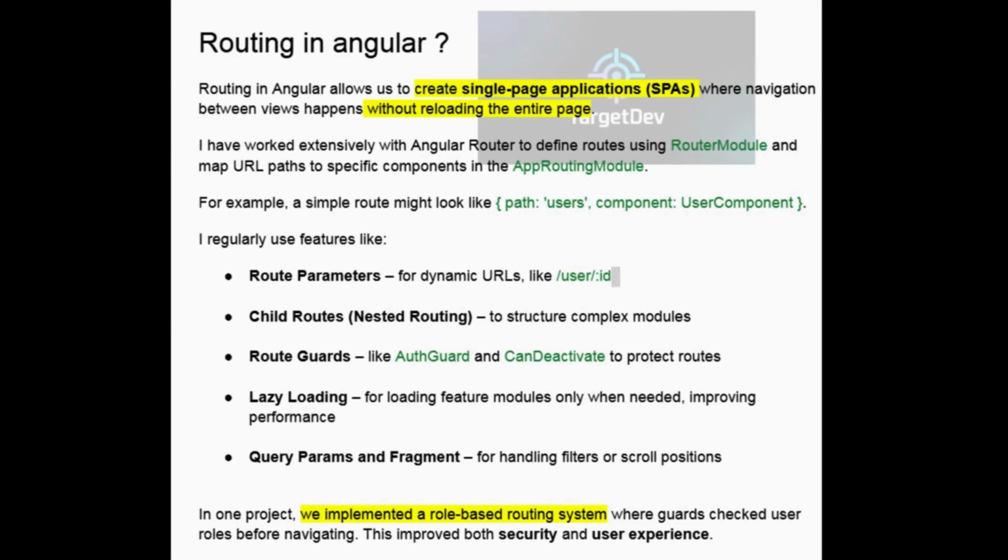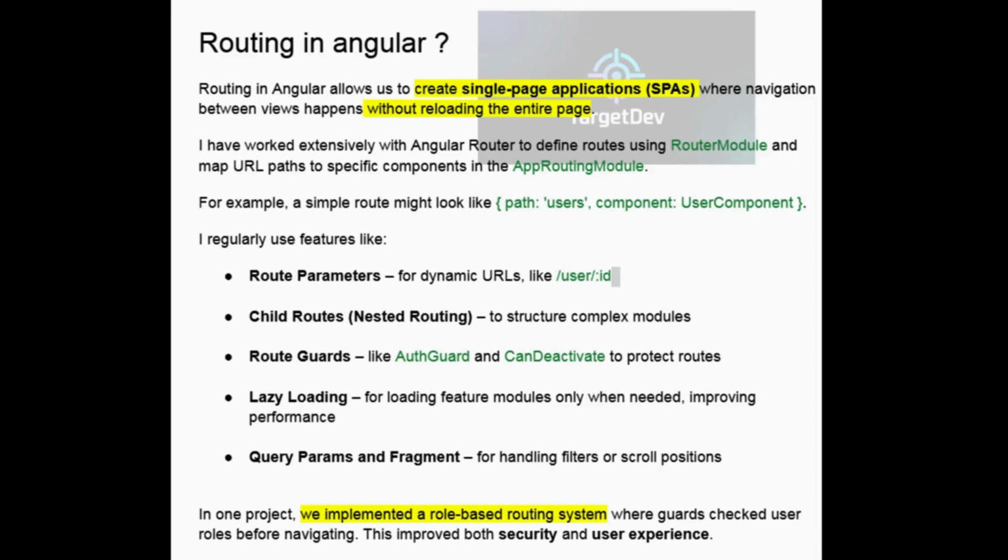What is routing in Angular? Routing in Angular allows us to create single page applications where navigation between views happens without reloading the entire page. I have worked extensively with Angular Router to define routes using RouterModule and map URL paths to specific components in the app routing module. For example, a simple route might look like path user, component UserComponent. I regularly use features like route parameters for dynamic URLs like user ID, child routes or nested routing